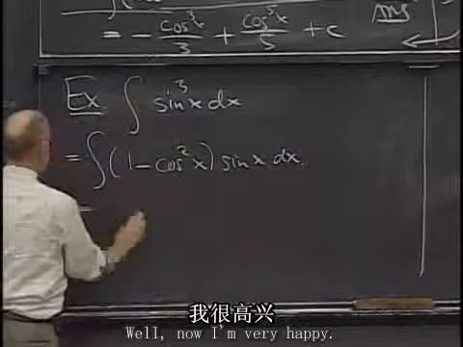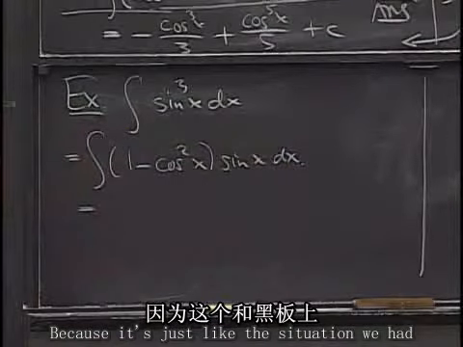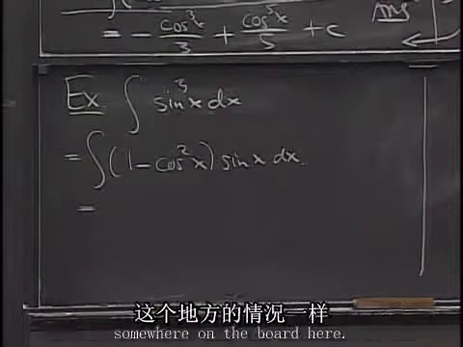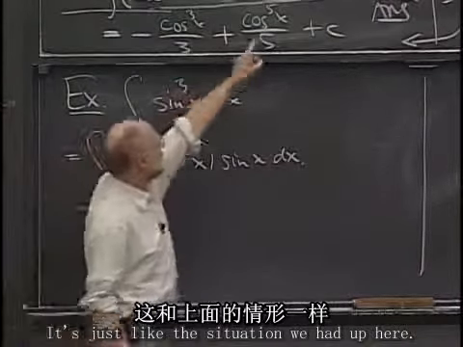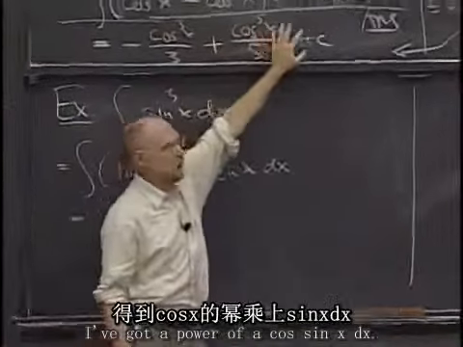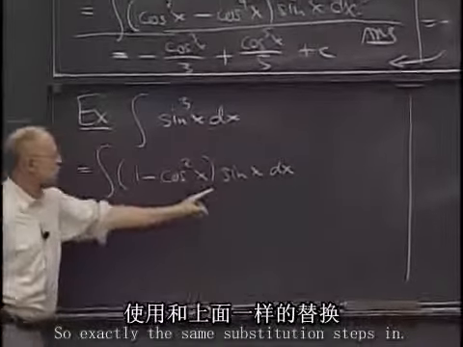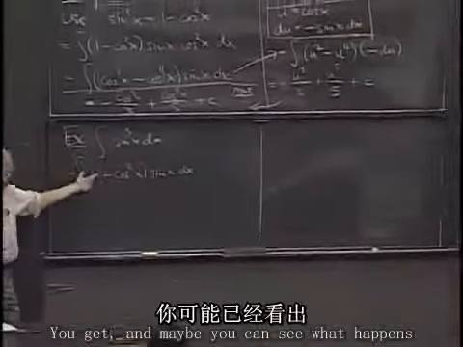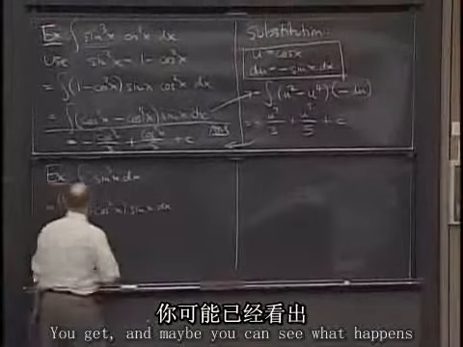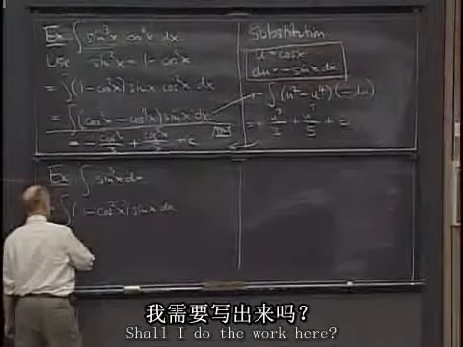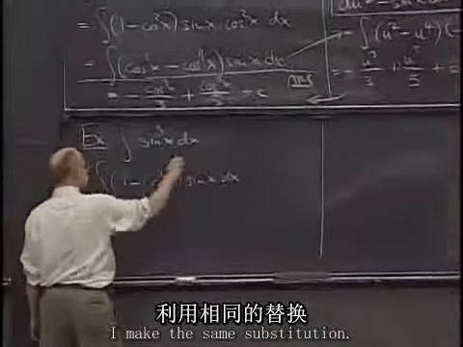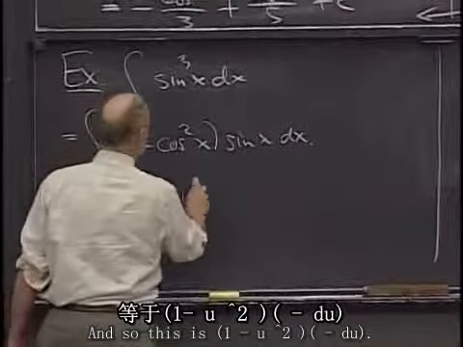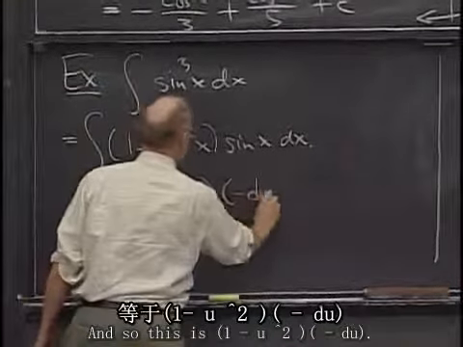Well, now I'm very happy because it's just like the situation we had up here. I've got a power of a cosine times sine of x dx. So exactly the same substitution steps in. You get, and maybe you can see what happens without doing the work. Shall I do the work here? I'll make the same substitution. And so this is 1 minus u squared times minus du,